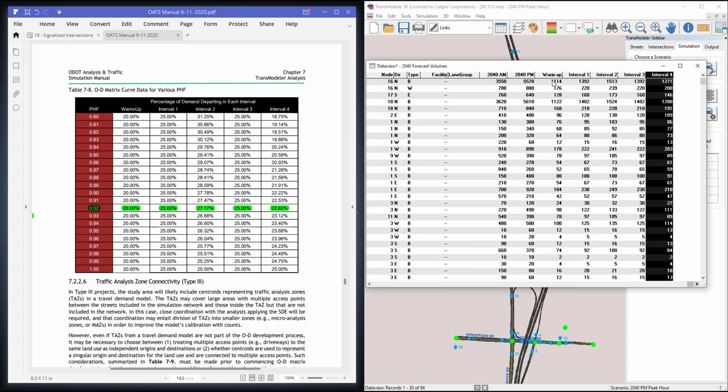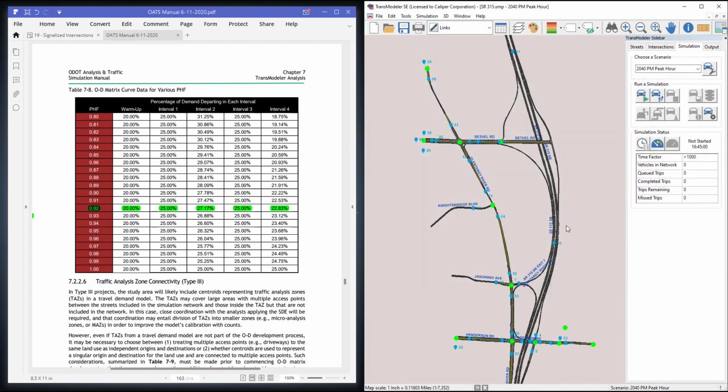So now that all 5 attributes are filled out, we can close the table